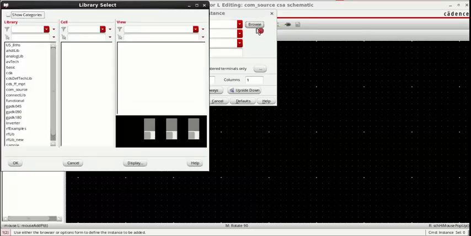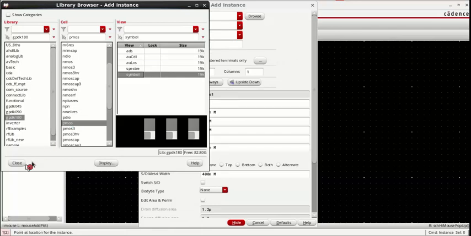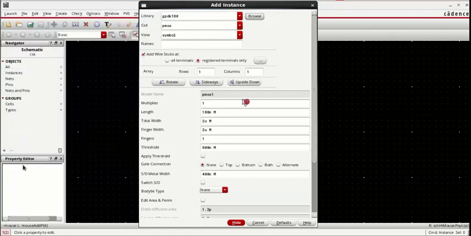Browse. Now in the library we take our MOS devices from GPDK 180. For the common source, first I will take the PMOS, close, and here we can give the specification for the PMOS. The length L will be fixed at 180 nanometers. Here we change the width to 50.